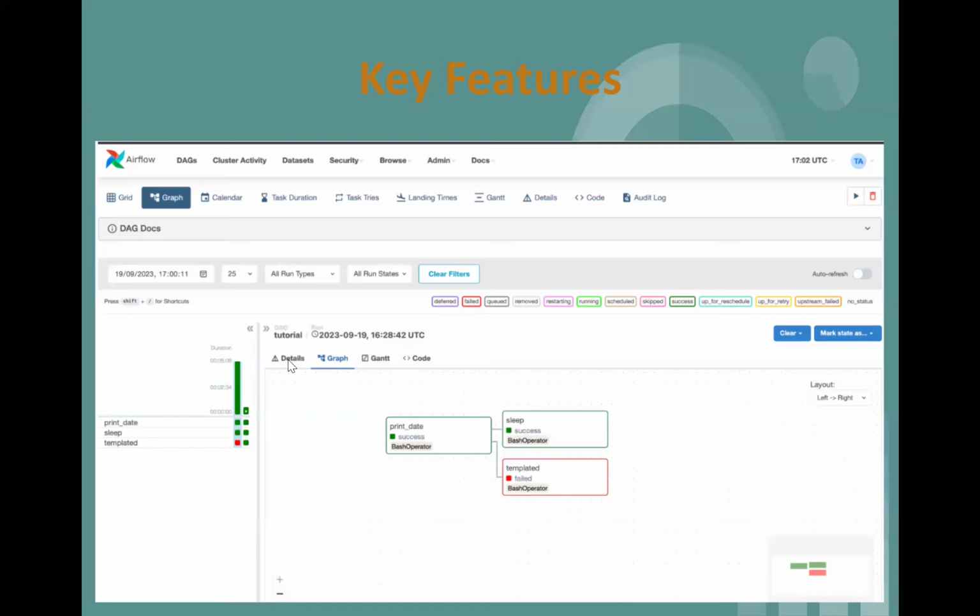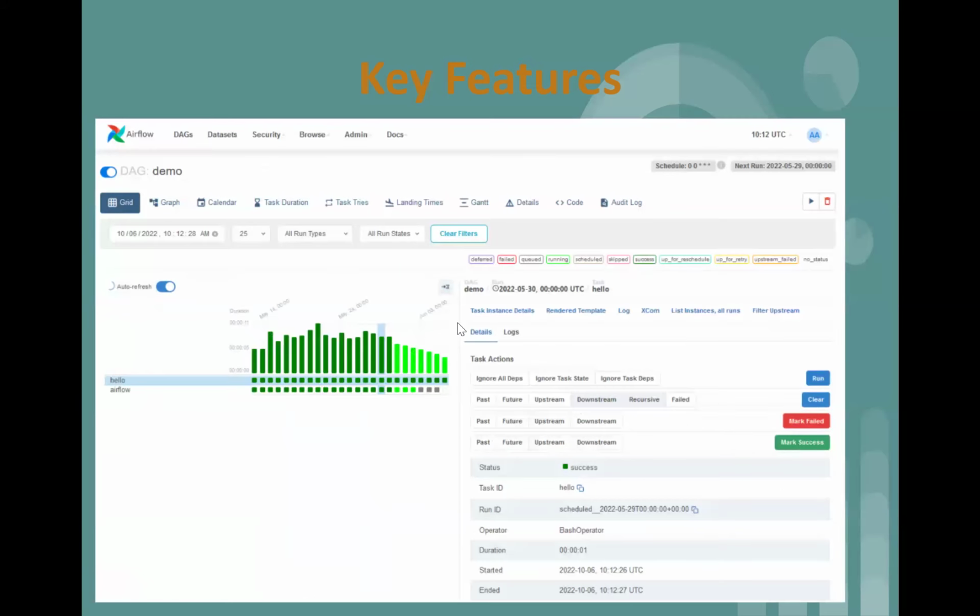You can see the charts here. You can get details. You can look at logs, time. All of this is available in this dashboard, including task duration. So this is how the UI looks. And if you dig deeper into this, you can see hello airflow, that was the sample program when you run it. It will show you basically